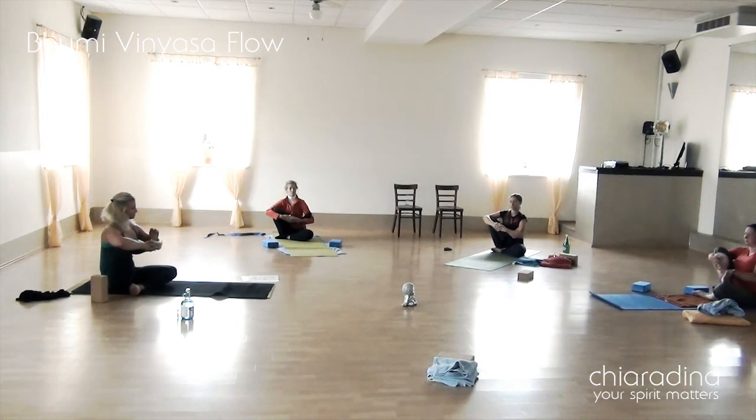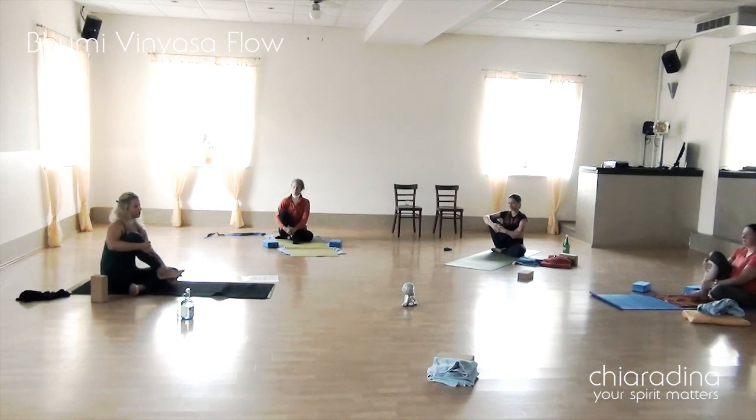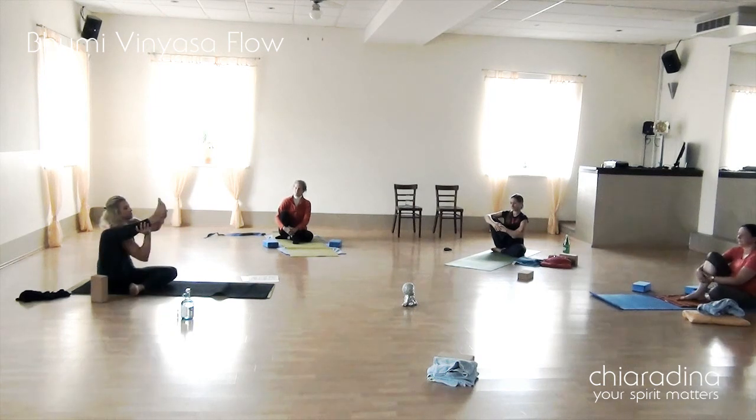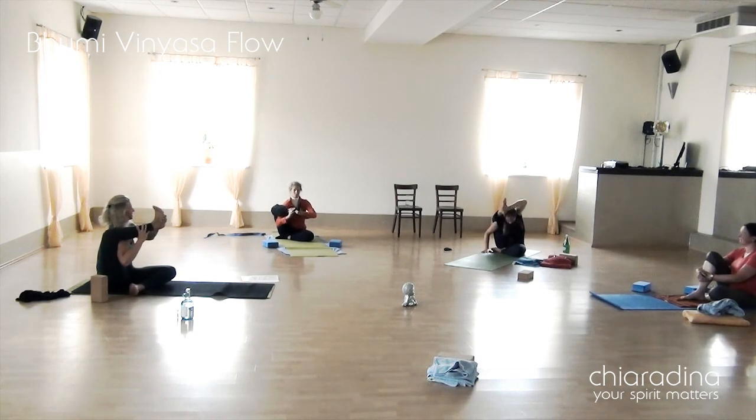And then we go into a gluteal opening here to release our buttocks, protecting the knee. I'm again showing the students what they can do, but encouraging them, especially the ones I know can do it, to move their shoulder under their knee and then going into